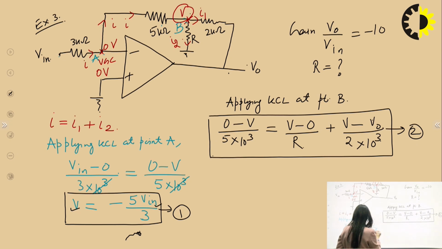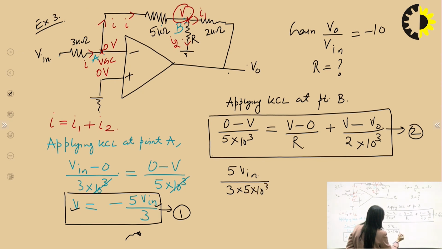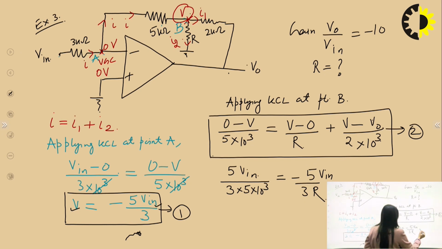So in place of V we will write 5 Vin upon 3 into 5 into 10 raised to the power 3 is equal to again minus 5 upon 3 Vin upon R, right, plus